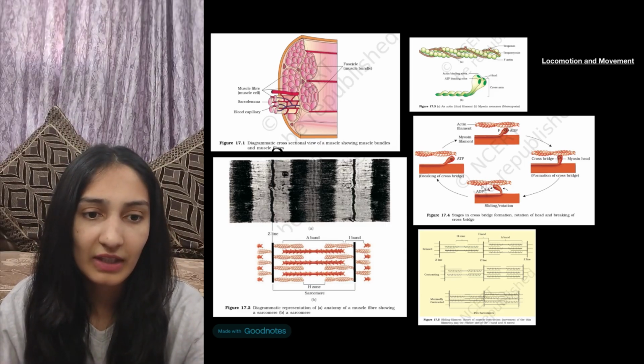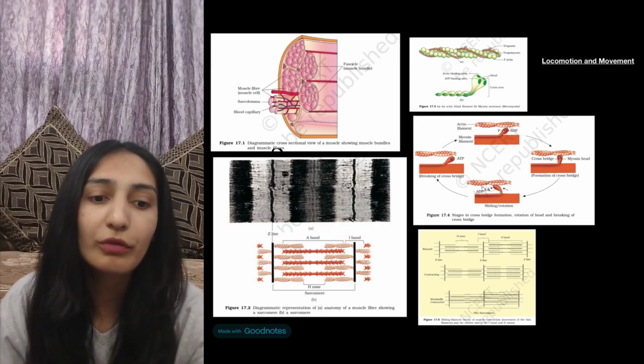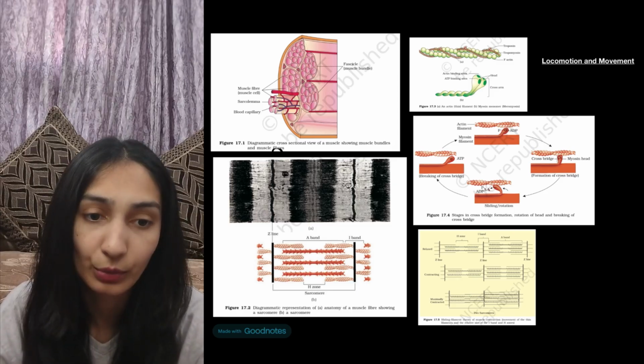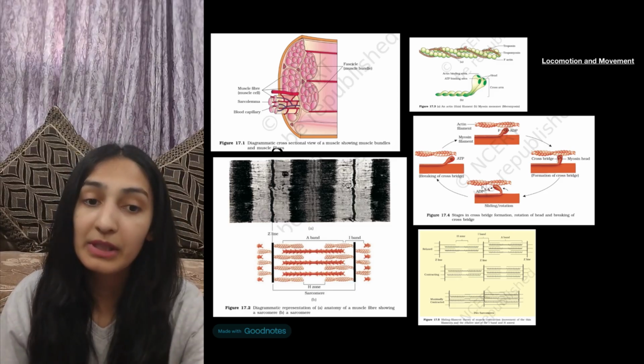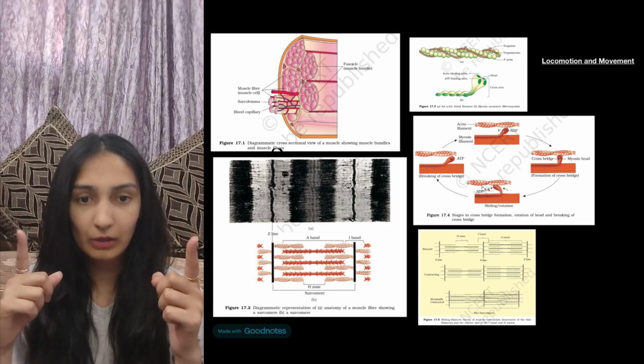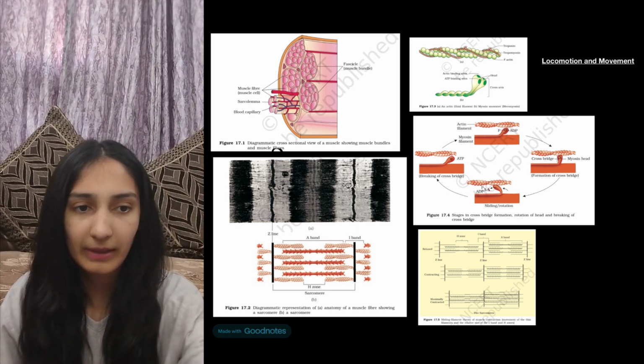Next is figure 17.5, which is the sliding filament theory of muscle contraction, that is, movement of the thin filaments and the relative size of the I band and H zones. What happens when you try to contract a muscle, and how does a relaxed muscle look, what does a contracted muscle look like, and what does a maximally contracted muscle look like? Okay,